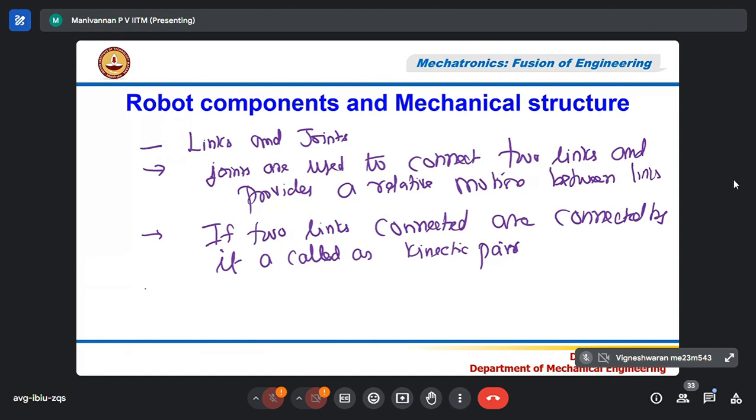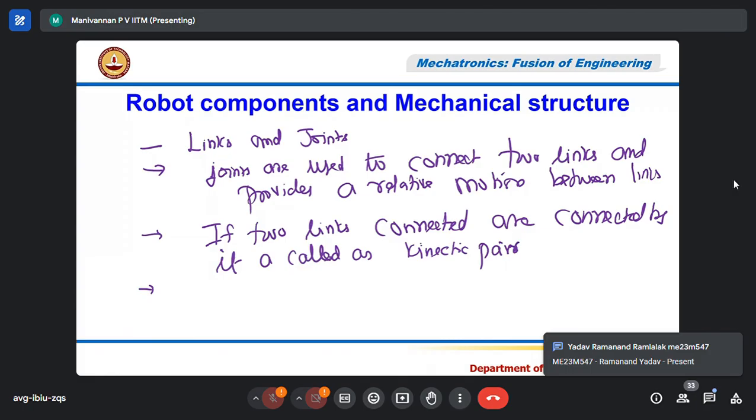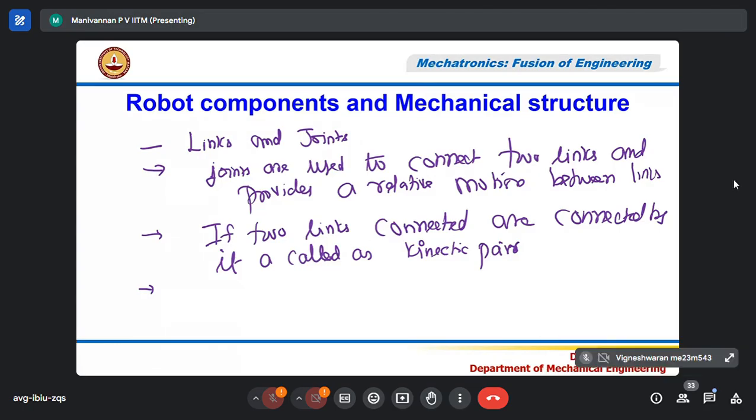Sir, excuse me, sir. I wasn't able to catch the word after 'if two links are connected'. There was some disturbance. If two links are connected by a joint, sorry, by a joint, it is called a